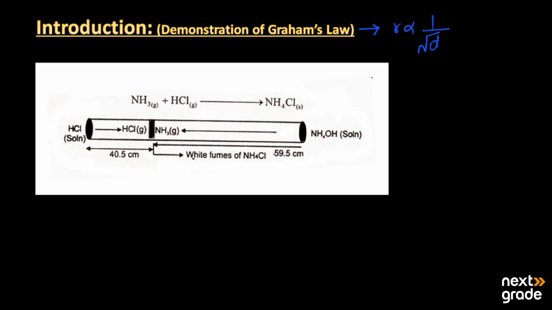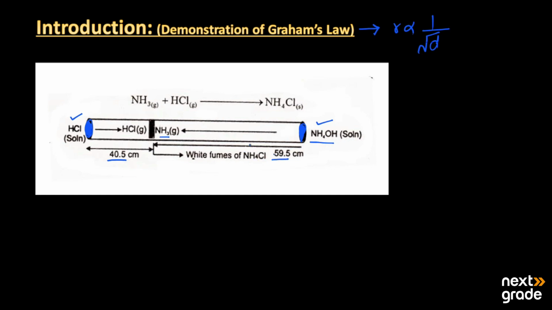For this verification we have to take a long glass tube in which we will insert two cotton plugs. One is soaked in HCl solution and the other is soaked in ammonia, or we can also soak it in ammonium hydroxide. At the end, we look at the distance traveled by both gases, HCl and ammonium hydroxide. We notice that the HCl covered a distance of 40.5 centimeters and the ammonia covered a distance of